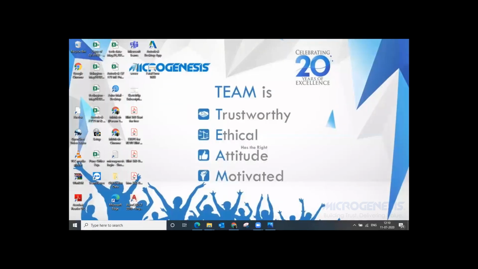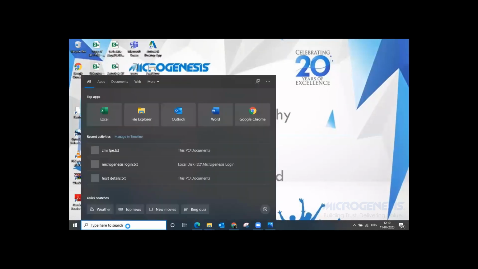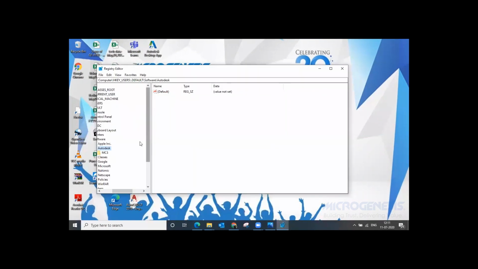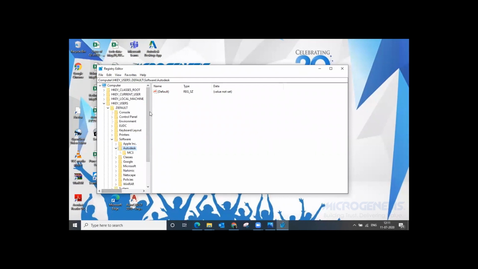Then after that, we need to go to regedit. So in regedit, we need to check three folders, that is HKEY_CURRENT_USER, HKEY_LOCAL_MACHINE and HKEY_USERS. In HKEY_CURRENT_USER, there is a software folder, and in that software folder there is an Autodesk folder.